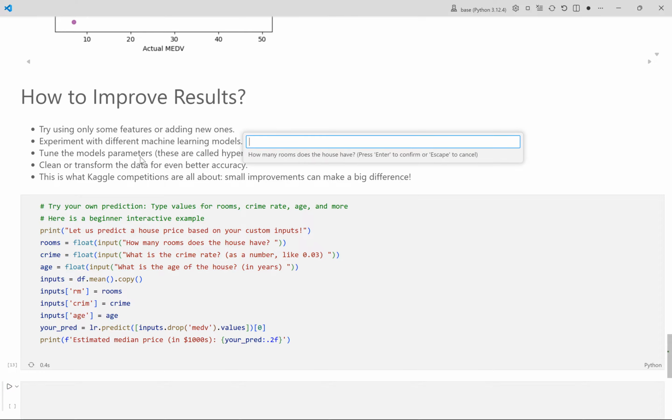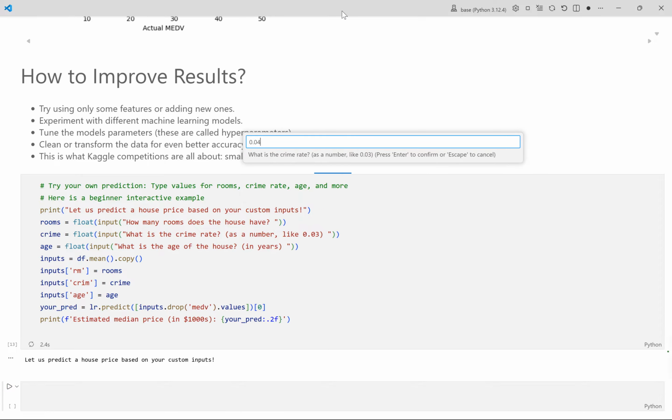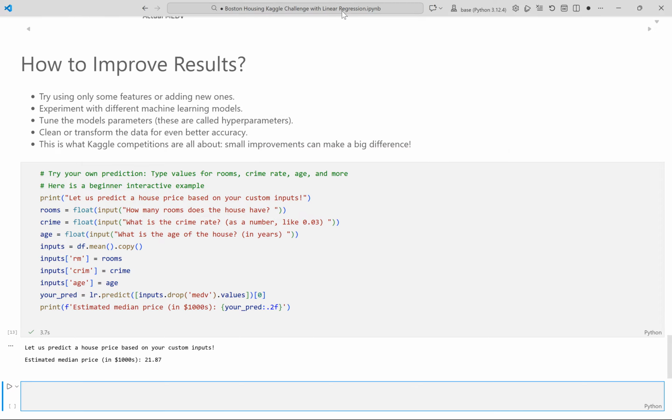Running the cell now. This output shows the result of making a custom house price prediction based on user inputs for rooms, crime rate, and age using the trained linear regression model. Notice how the code replaces these specific features with your values while keeping others at their average, highlighting the impact of just a few selected features on the prediction. This interactive example demonstrates the lesson's point about experimenting with feature values to see how they influence model results and